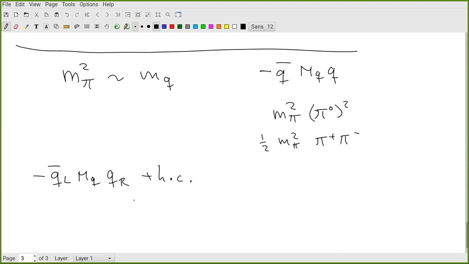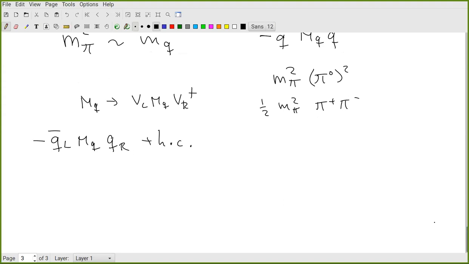And then we do this Boolean trick. We give this MQ a formal transformation property that goes like VL MQ VR dagger. And then we write down an invariant term in the chiral theory that has the same invariance property,